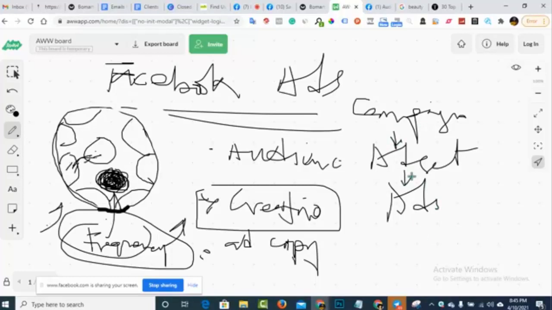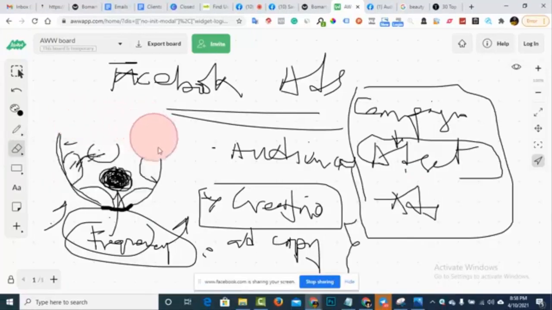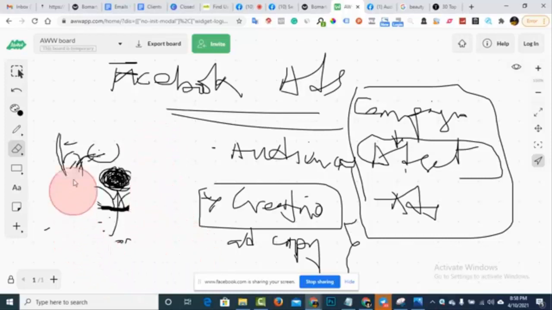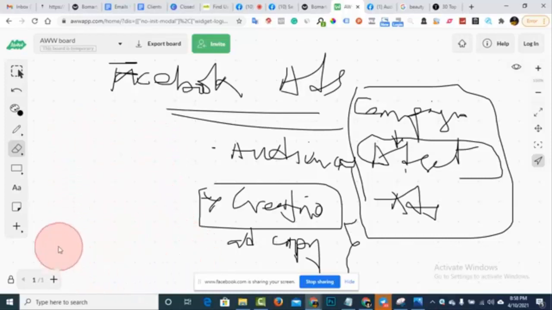The campaign level is where you tell Facebook the overall goal of your campaign. This is why I don't understand why someone would choose link clicks as a goal and be expecting purchases. What I need you guys to understand on Facebook is that what you are trying to do is buy attention. That is what you're trying to do.